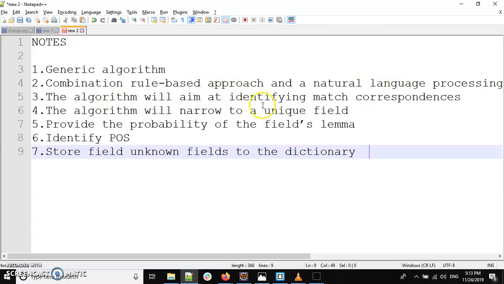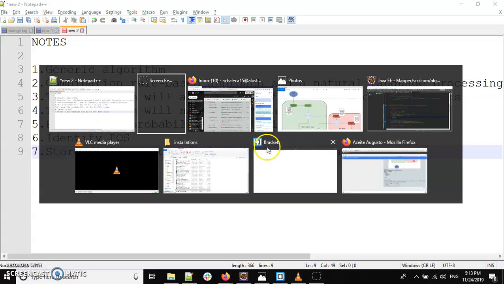Thirdly, it needs to identify and match correspondences, narrow down those matching correspondences to a unique field. Then it needs to give probability for any lemma that is found, identify the part of speech of that lemma, and finally be able to store to the dictionary when the field is unknown. With that in mind, I've created this